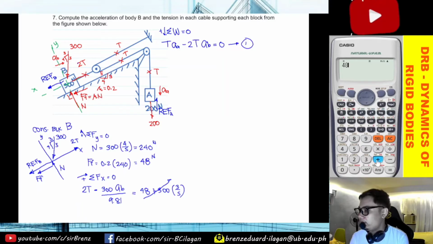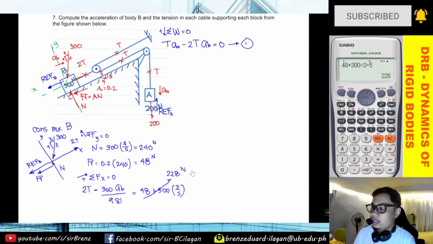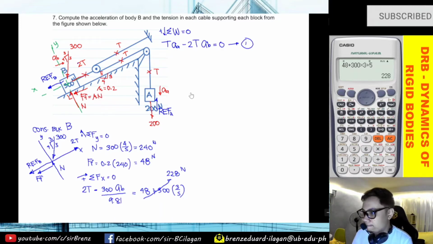So 48 plus 300 times 3 divided by 5, so that is equals to 228 Newton. Okay, so next, ang gawin natin,